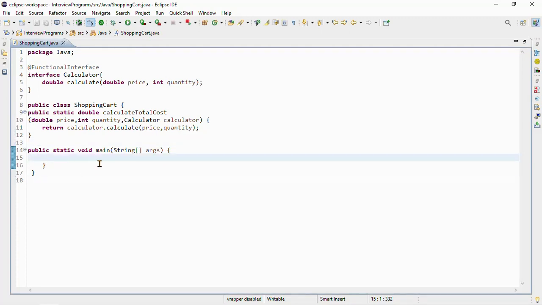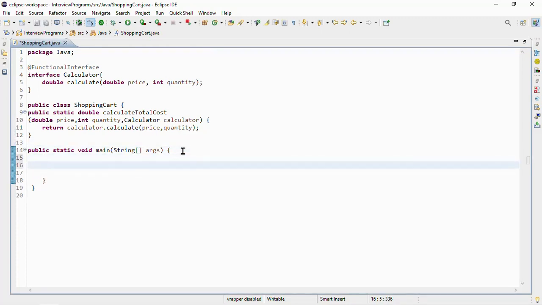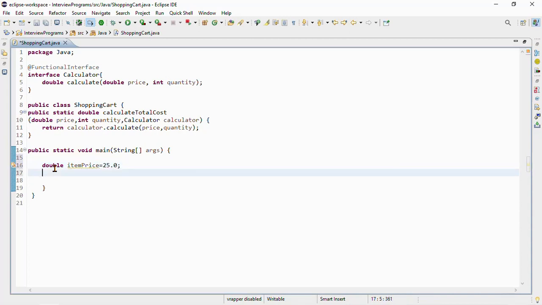Now friends, let's go into the main method and let's define a variable for double data type. Double itemPrice. Double itemPrice is 25.0. Okay, and define one variable of integer data type with the name itemQuantity. Okay,